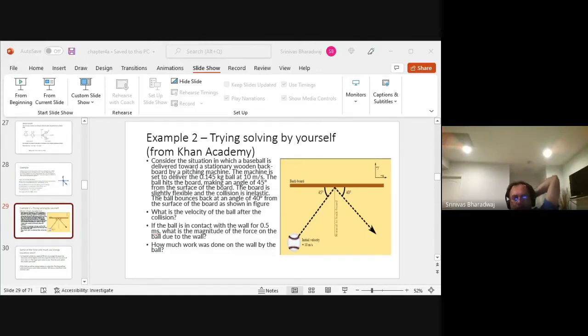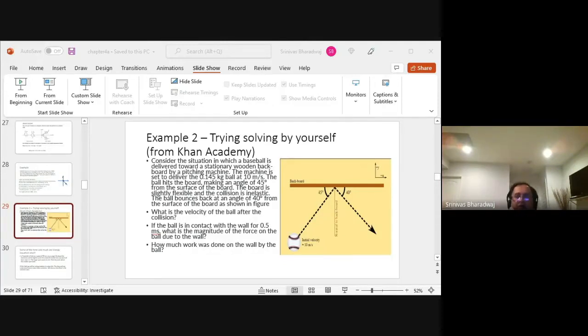So what is to be learned from this? What is to be learned is that when you solve collision problems, you must know whether it's elastic or inelastic, whether momentum is conserved or kinetic energy is conserved or what is conserved. You must know how to use these things in solving these problems. This is very, very critical.